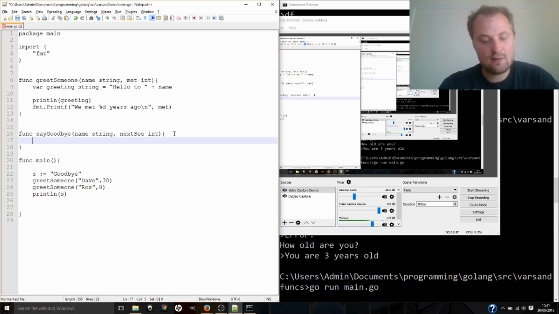Inside this we are going to need to print our goodbye to the person. Now, I'm not going to bother with the variable this time because we can always just do a very simple fmt.Printf, just like we did before. And this time we'll make our string ready. It's goodbye to,